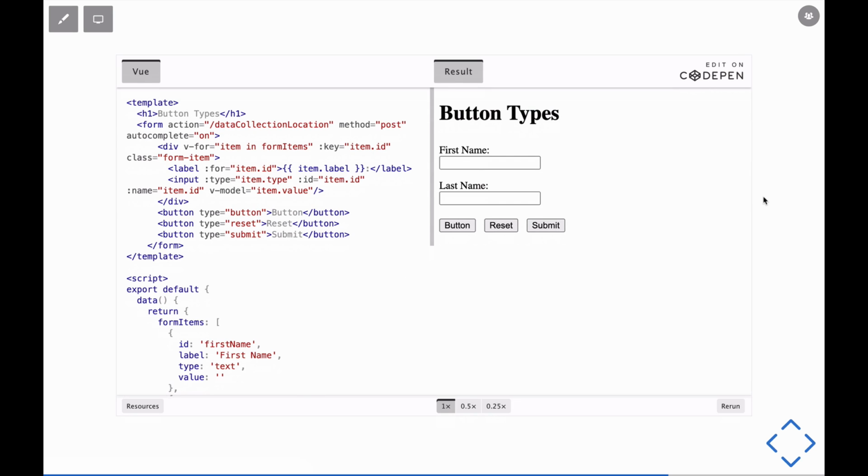Next, I want to talk about button types. This will allow you to perform different actions in your form. You can see here that I have type button, reset, and submit. So I'm going to go ahead and fill out some of the form, and then I'm going to hit each of these buttons. You can see that the button type does not do anything, whereas the reset button will clear out my form, while the submit button